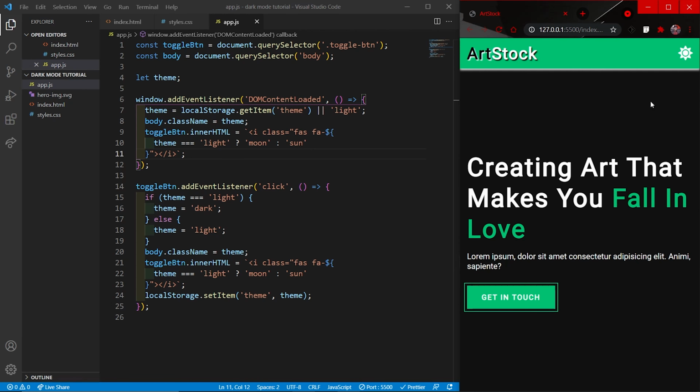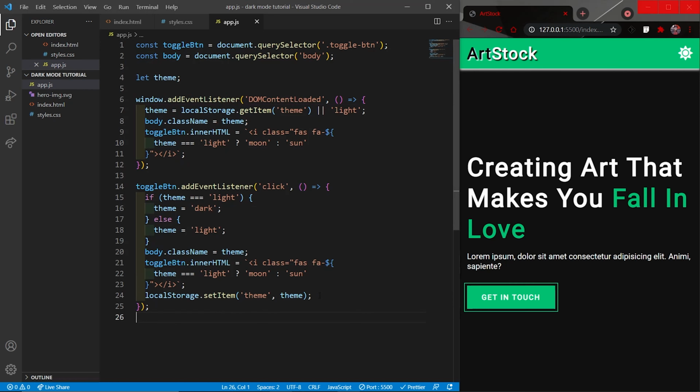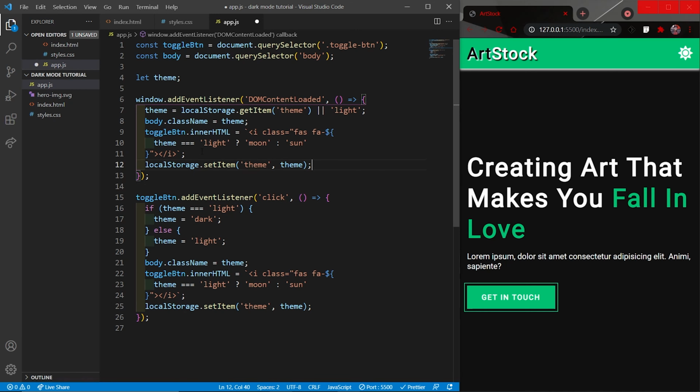If I go dark, refresh, nothing changes. So our project works fine. Okay, we also need to store the theme on initial reload. So we would also want to store the theme here.